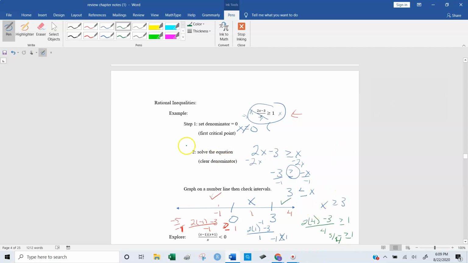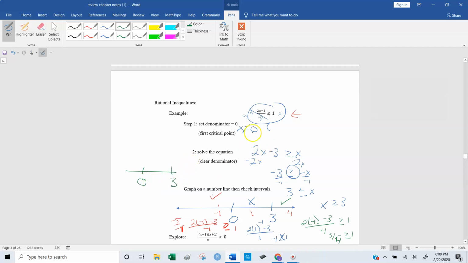So your final graph will look like, let's draw it over here. You have -1. Since it is a greater than or equal to, we know that x cannot be equal to 0. Oh, I drew that wrong. Sorry. Come on, cooperate with me. There we go. All right, so we have 0 is my critical point, and we have 3 is my critical